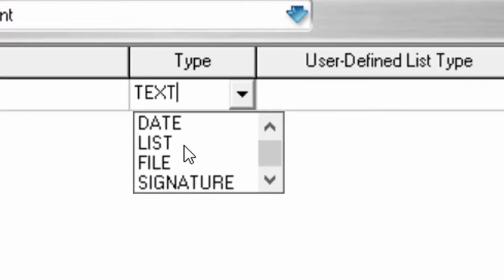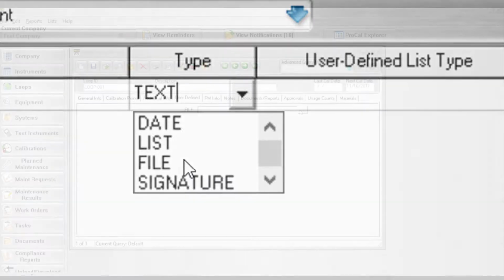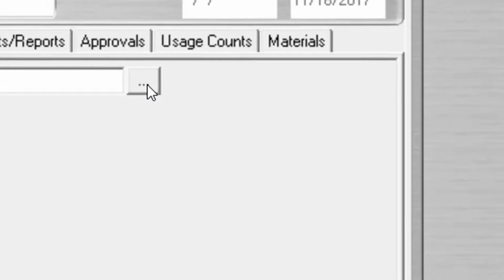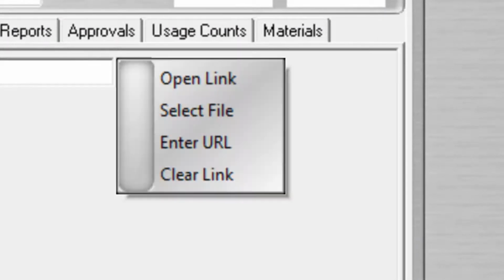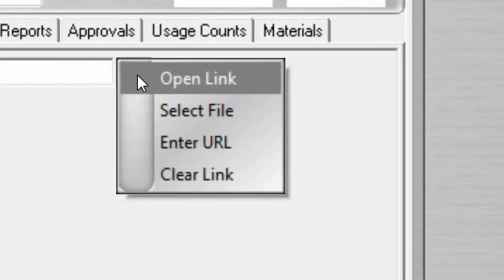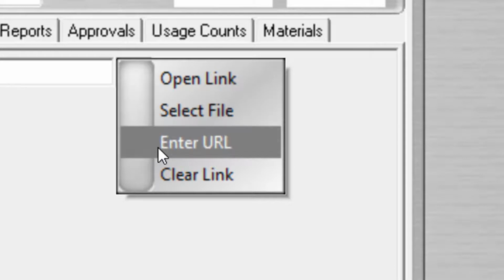Selecting the file data type will allow users to insert a file name or URL into the user-defined variable on whichever screen it is located. The file can only be inserted into the field by clicking this button and locating the file on your workstation or server. For a URL, you must select Enter URL and type the entry into the field provided. Once a valid file or URL name is in the field, you may then open it directly from that screen